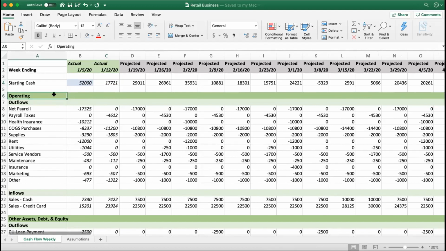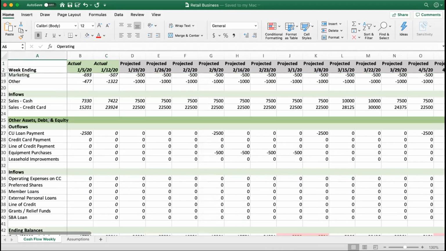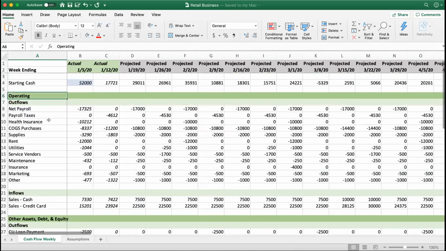I've broken our inflows and outflows into operating and other assets, debt and equity. Part of why I do that is because I think it is really important, even in a crisis, perhaps especially in a crisis, to be understanding that you still need to manage profitability, and that your operating expenses and revenues, your cash in and out, you need to get them to work with each other to the extent that you can build sustainability. We do have a short-term time horizon that is potentially very different from our long-term time horizon. And I'll make some comments about the differences between those two at the end while you're doing your planning. But I think it's important to be able to see, like, these are the things we actually need to run the business.